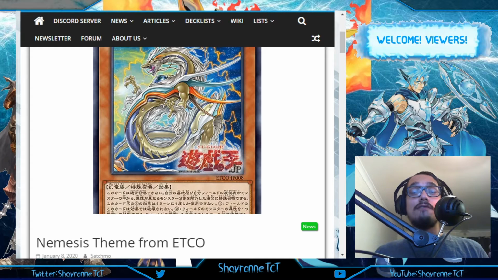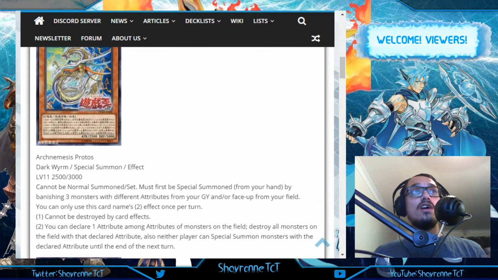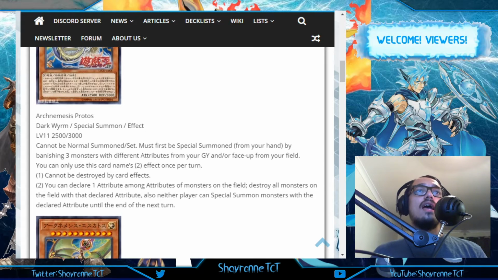And for the people who haven't read over these NEMESIS cards yet, you really want to, because these cards are bloody insane. So first up, we have Arch Nemesis Protoss. It's a Dark Worm, Special Summon Effect Monster, level 11, 2500 attack, 3000 defense. Cannot be normal summoned or set. Must be first special summoned from your hand by banishing 3 monsters with different attributes from your graveyard or face up on the field. So you can do both, and you can only use this card's name's second effect once